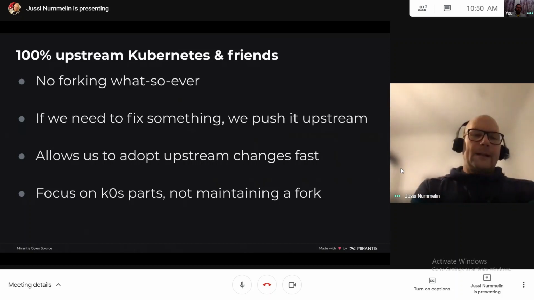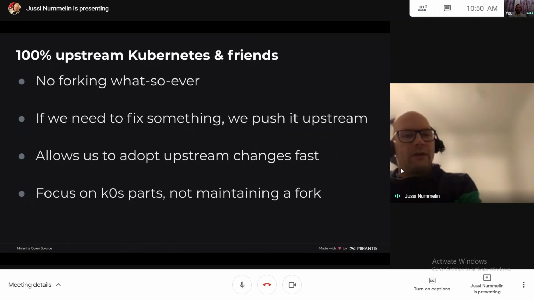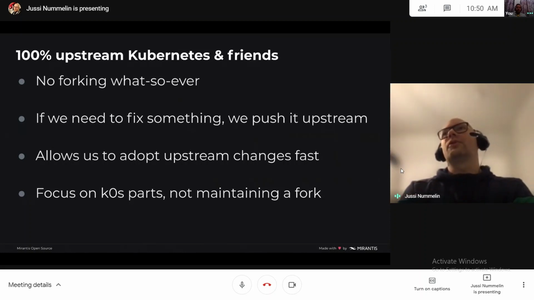So what it actually means for us is that we can adapt to upstream changes pretty fast. Whenever there's a new version of Kubernetes out there, it's like a couple of days and we have it packaged in K0s. Usually it's nothing more than that.